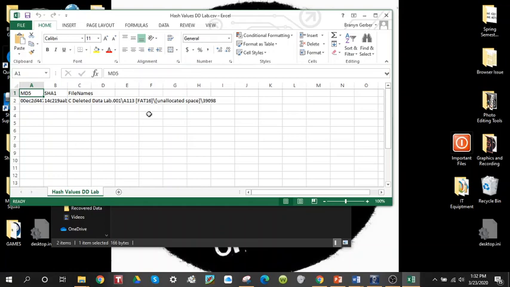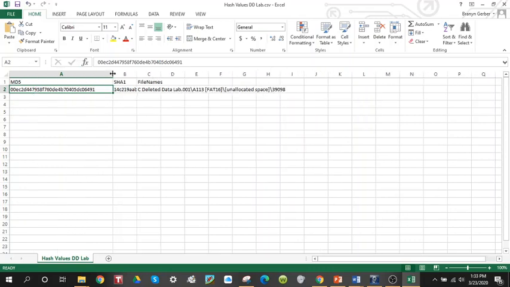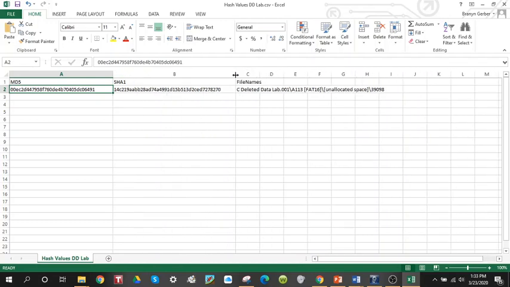So here we have the hash values for the unallocated space. Now, as you can see, it's opened in an Excel spreadsheet. Problem is, we can't see this full thing. So if you click here, you can drag this over so you can view the full hash value. So these two values are going to help answer our next question that asks,